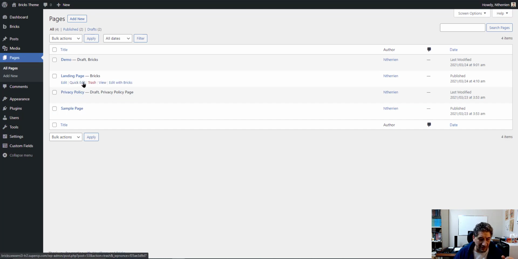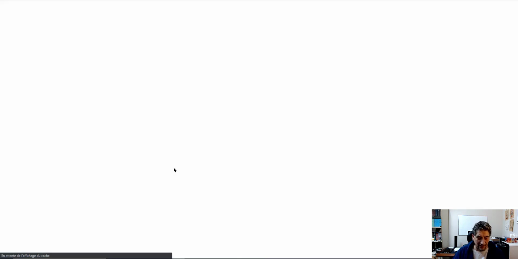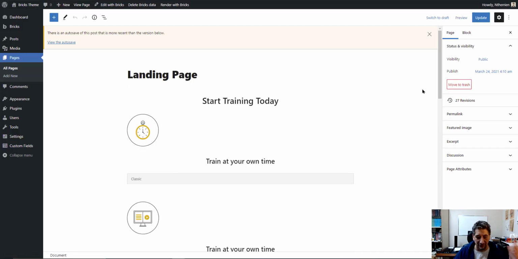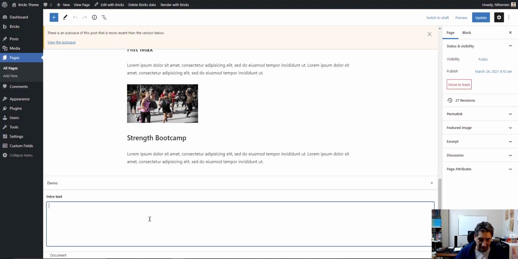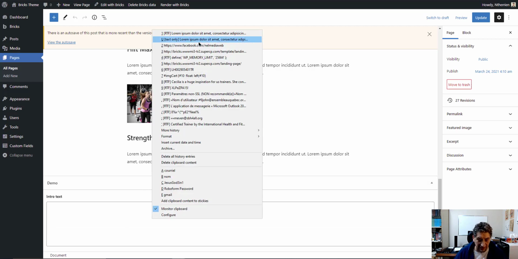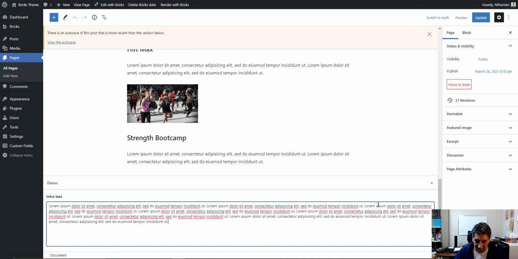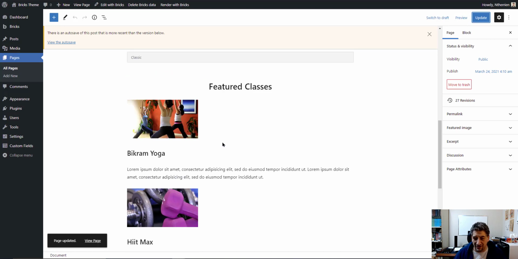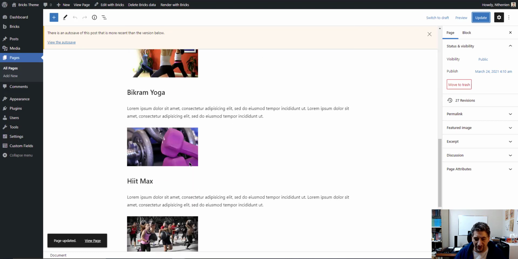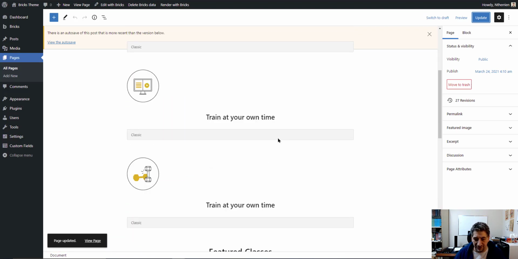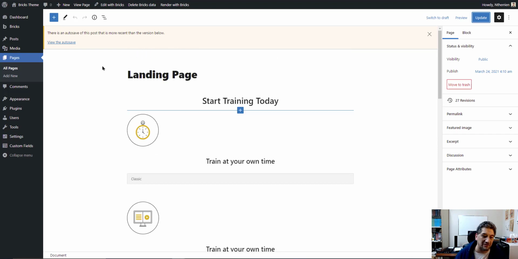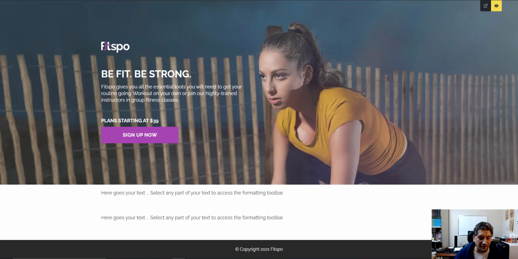So for example, on my landing page here, of course, it won't appear in Bricks. You really need to open the page here and fill out the text here. But let me put some text here, and I'm going to update my page. And you see, by the way, because I have my checkbox checked for the Gutenberg editor, that the content is still there. Of course, not formatted, but I will do that with my other theme or plugin if I ever do that. Now, if I come back to my page,